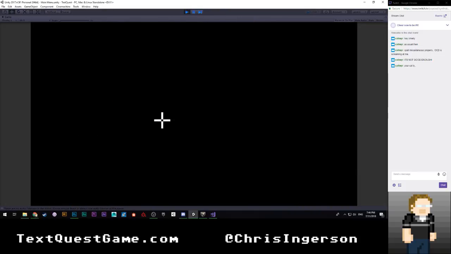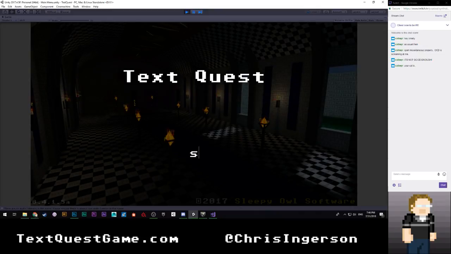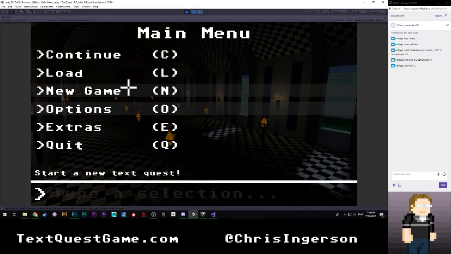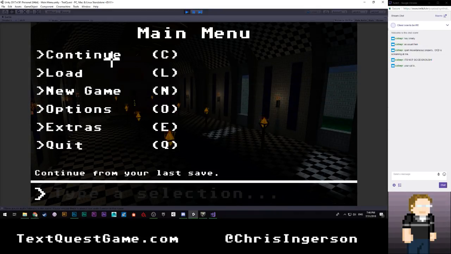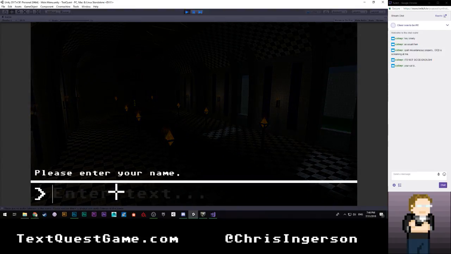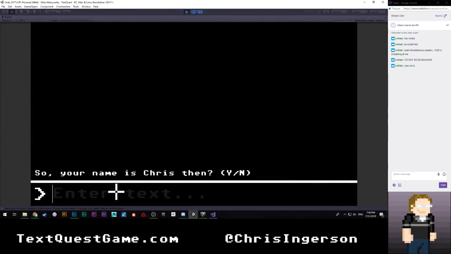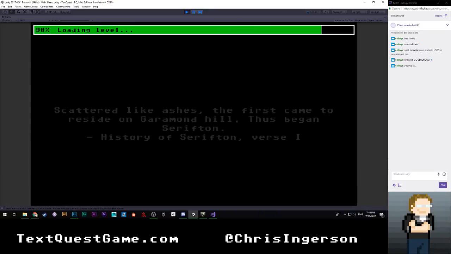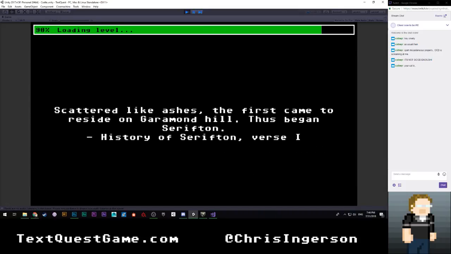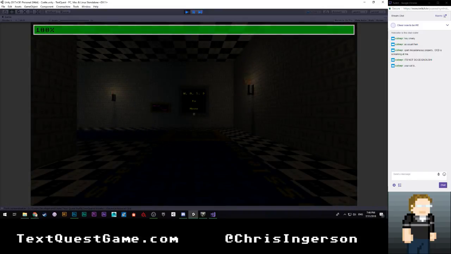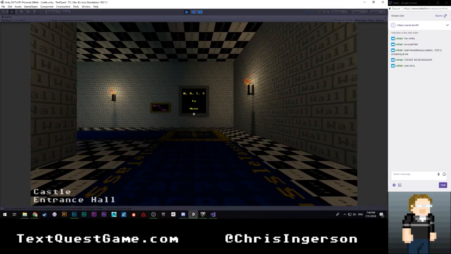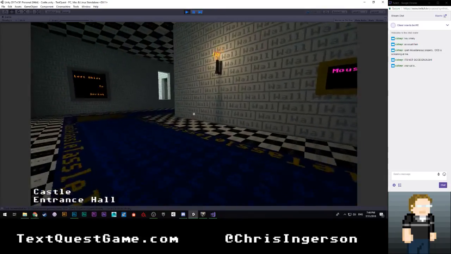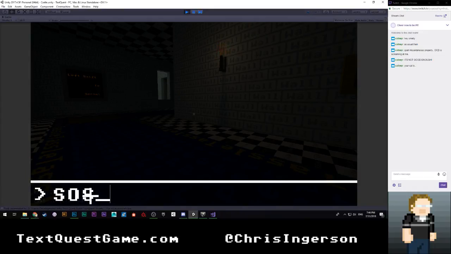So now all of our substances should be cached, although I think I actually did change that so that in the editor they're not really cached ever, but regardless, I just want to test this. So we're going to say Chris, yes, normal, right, green, yes, and yes. Again, we now have an arbitrary 5 seconds, which gives us enough time to properly read it, and then we get dropped in. To test this even further,